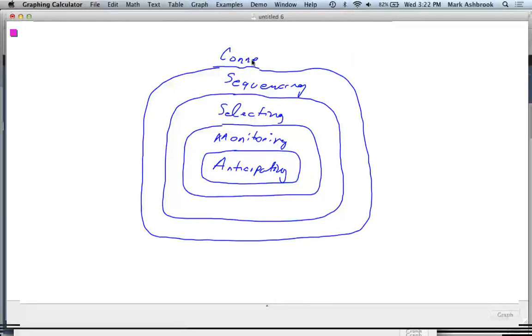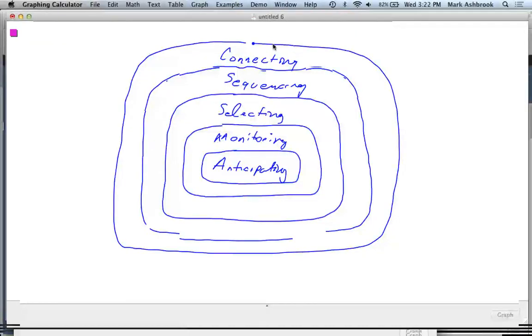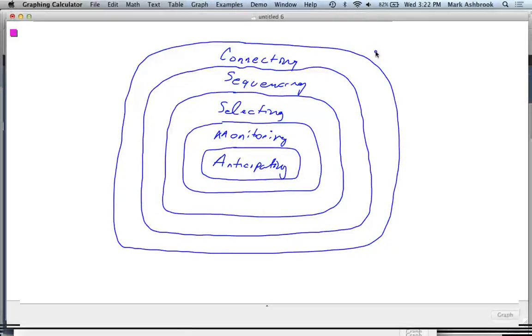Connecting? That's kind of what sequencing was. It was building these ideas on top of each other by connecting all these methods together. And then you connected these methods to the main idea of the lesson. Okay. So my question then, so good job. So that's good. Why was this illustration, this diagram of the 5, why was it created in this way?